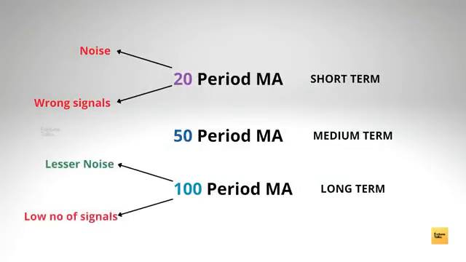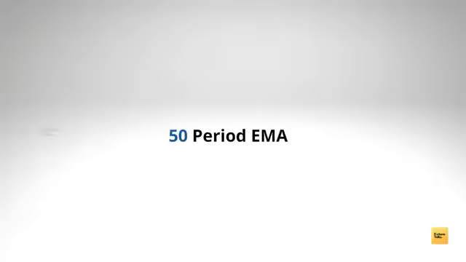And longer term moving averages, on the other hand, move slower, and so they are less vulnerable to noise, but you may not get as many trading opportunities as in the case of the short term moving averages. So it is up to you to weigh the pros and cons of your own trading style. For the purpose of this example, I will use a 50 period exponential moving average and the price is in